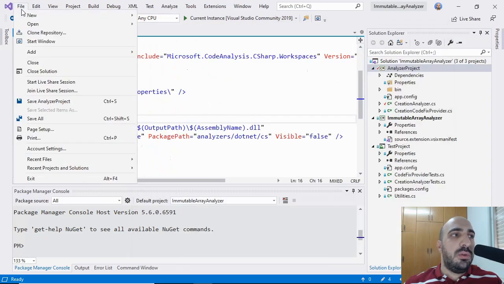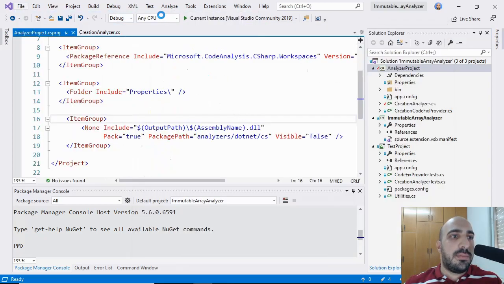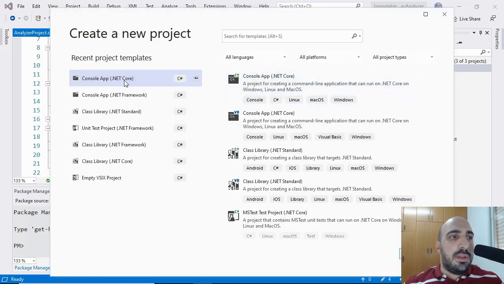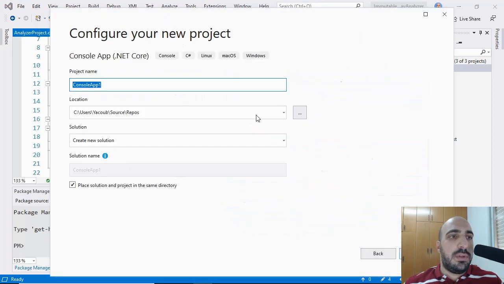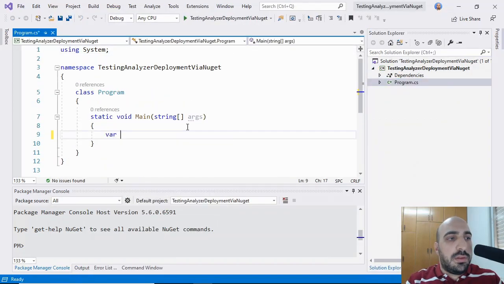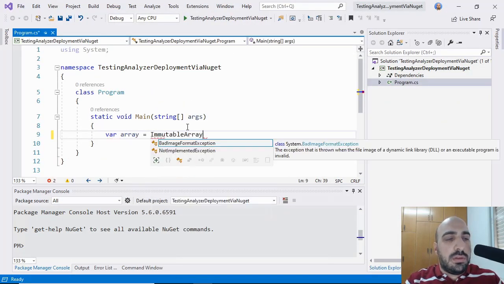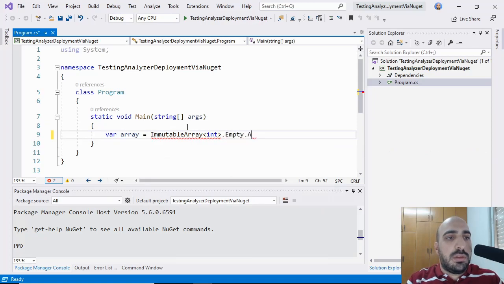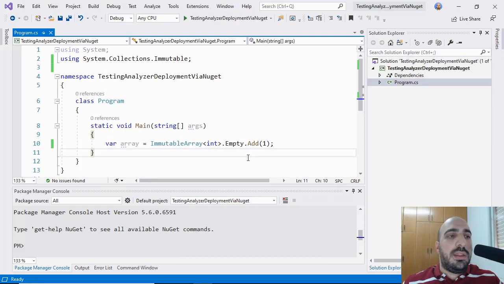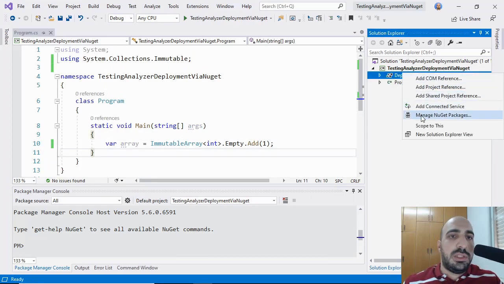Let me now open a new project. Let's use .NET Core. And now let me add a reference to the NuGet package. Manage NuGet packages.